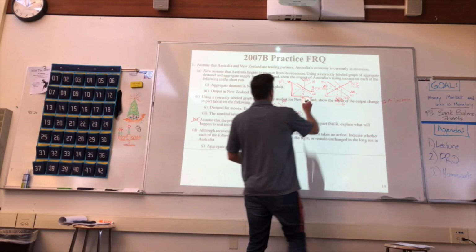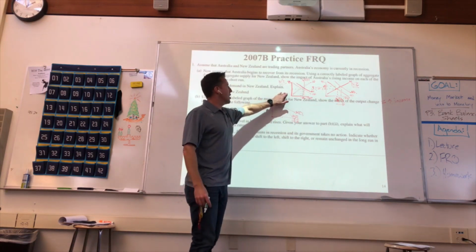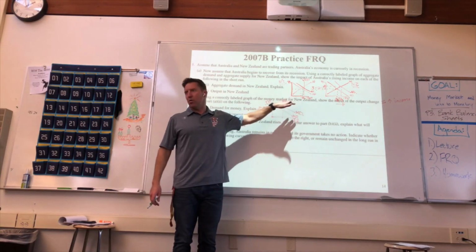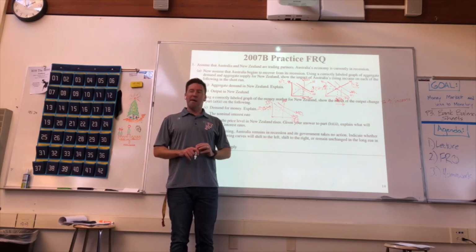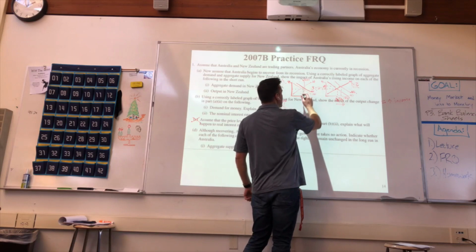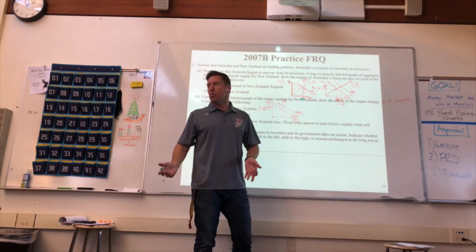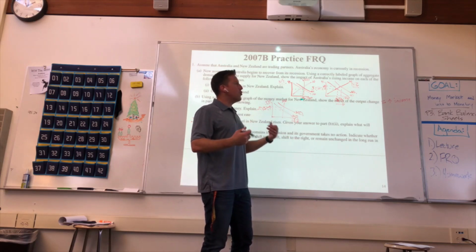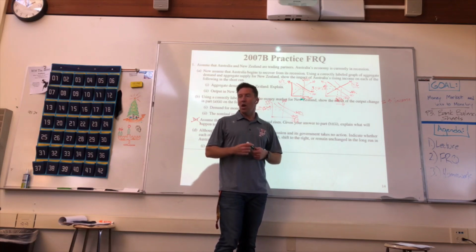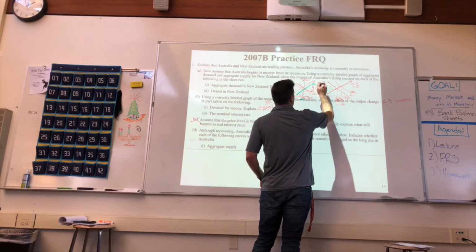So that brings us back over here. We're still in a recessionary gap in Australia. What's going to happen in the long run to aggregate supply if government takes no action if we're in a recession? Increases, right? Aggregate supply, if we're in a recession, that means our output is less than normal, less people are usually working. Therefore, when people do go back to work, sometimes you work for a lower wage, right? In the long run, we're always going to return back to our long run aggregate supply with an AS1